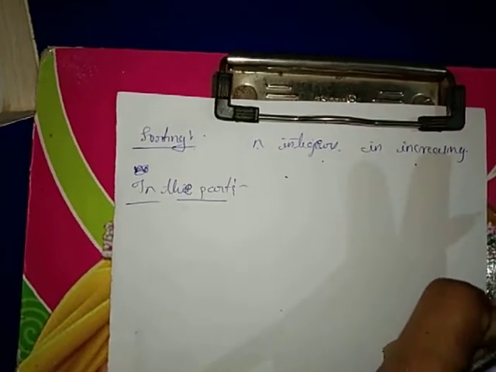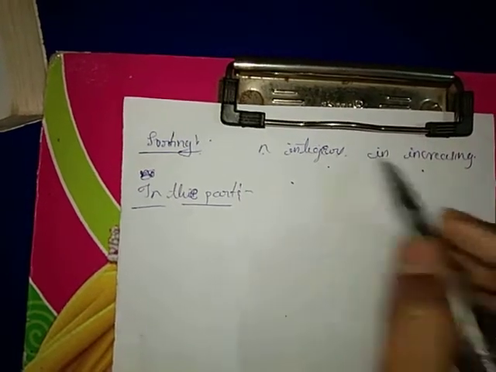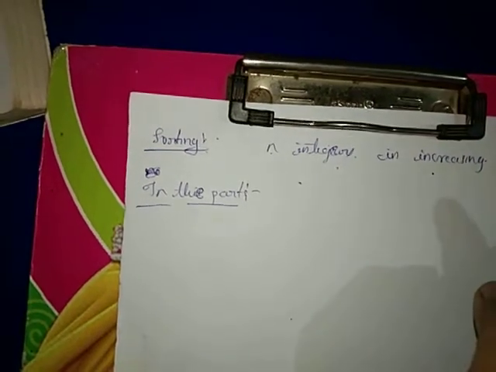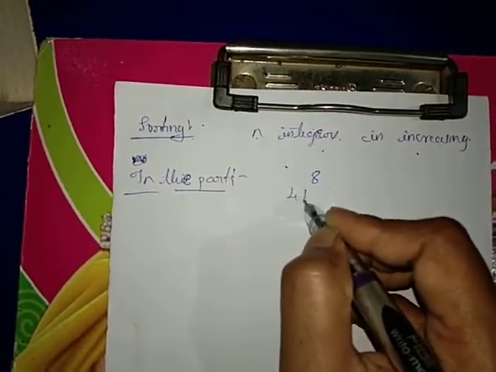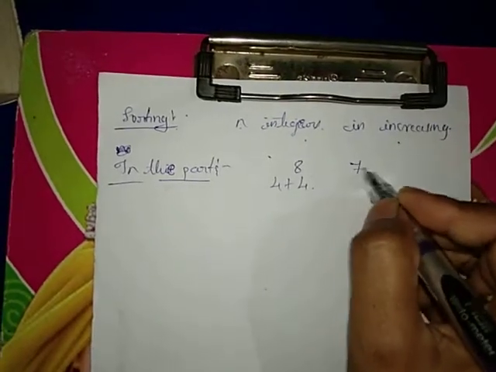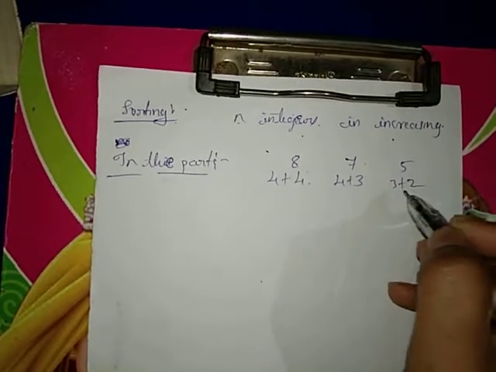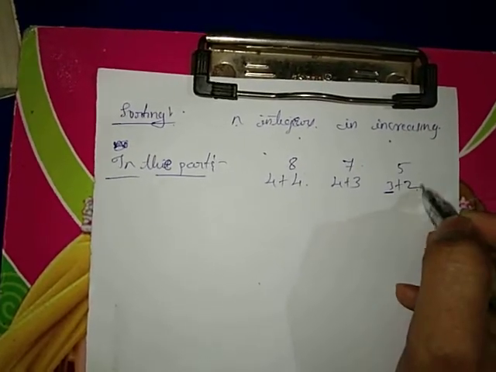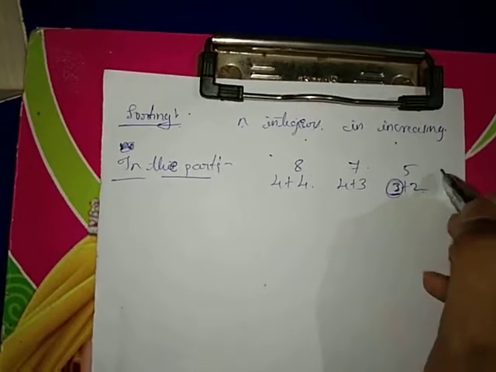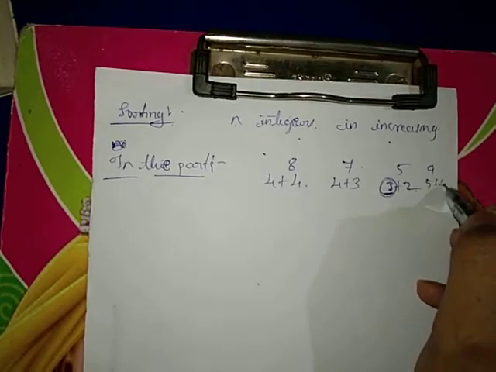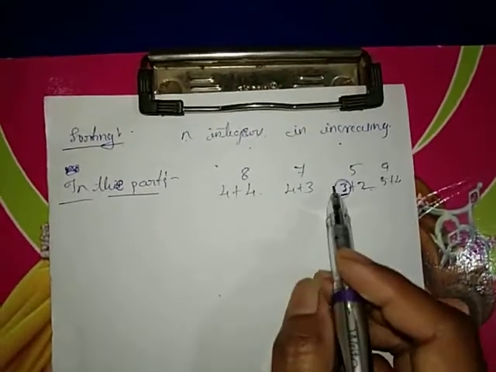In the first part, we first split the given list of integers in half. Suppose 8 integers are given, we have to divide it as 4 plus 4. Suppose it is 5, divide it as 3 plus 2. If it is odd, first take the larger number, 3 plus 2. Suppose it is 9, divide it as 5 plus 4. Like that you have to divide into two parts.